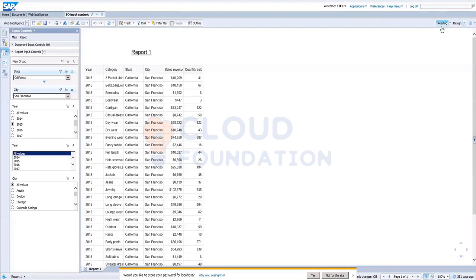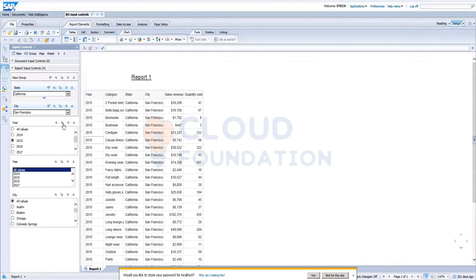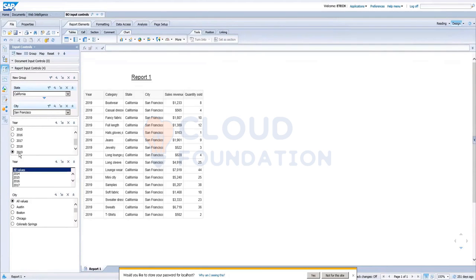It is one of the reports which is created to explain input controls. If you see here, we have All, and the year 2016 is there. If you want to see the data for 2017, if you see here it is all 2016. But if you want to see the data for 2019, we can just click on 2019 and the data comes for 2019.